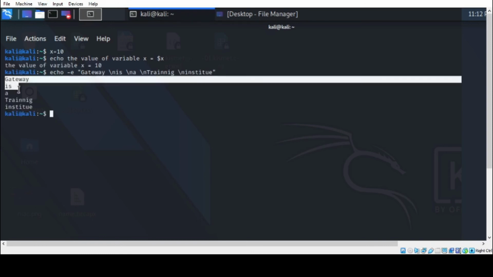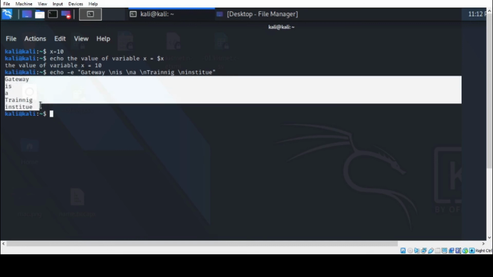As you see, each word is printed in a new line.